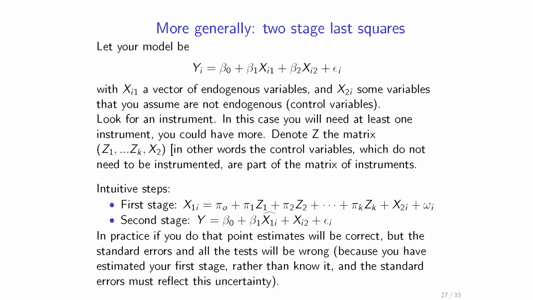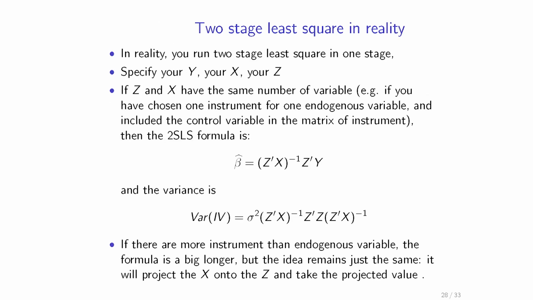In practice, that's not what you're going to do. You're going to tell your software, Mr. R, Mr. Stata, that, hey, this is my model, and this is my matrix of instruments, which is going to include whatever is instrumenting for X1 and the X2s, okay? And then what is R going to do? Well, if you have the same number of instruments as X, for example, if you have one endogenous variable that is instrumented with one instrument, then the Z matrix and the X matrix are the same size, then the 2SLS formula,